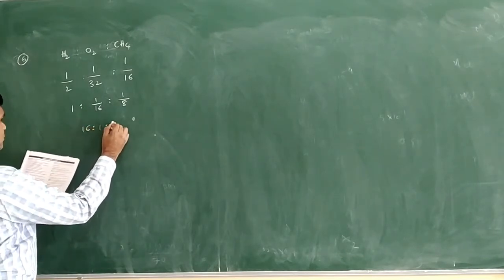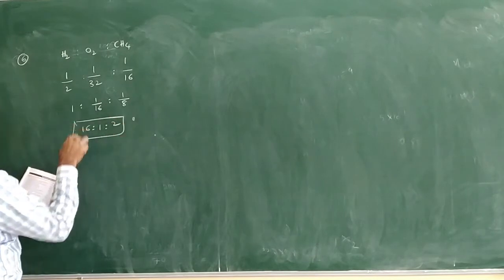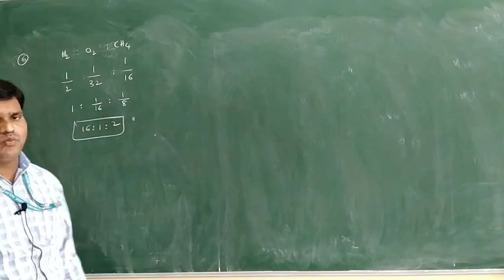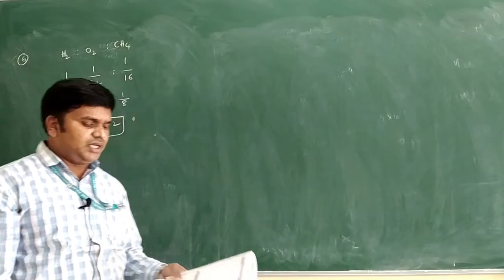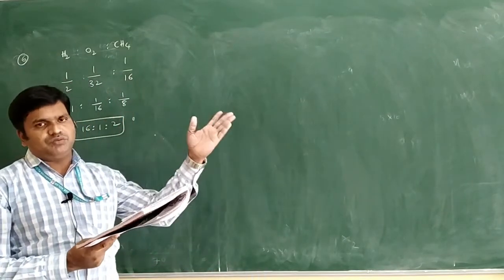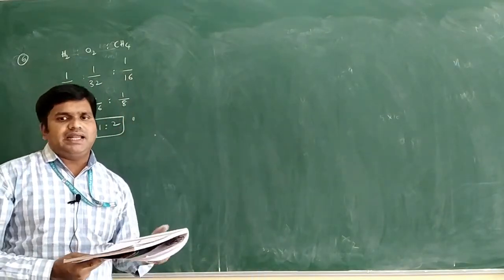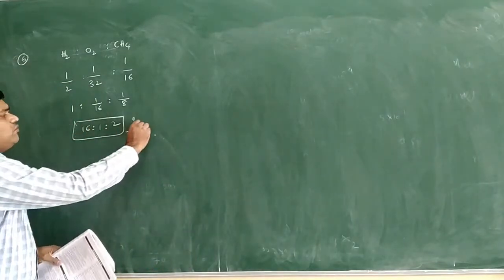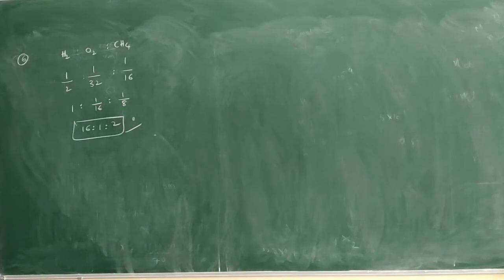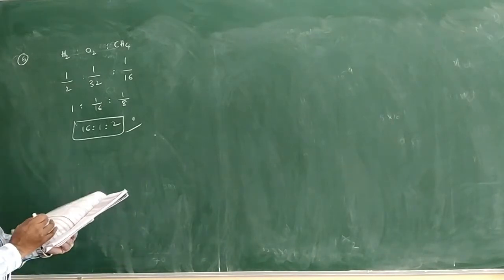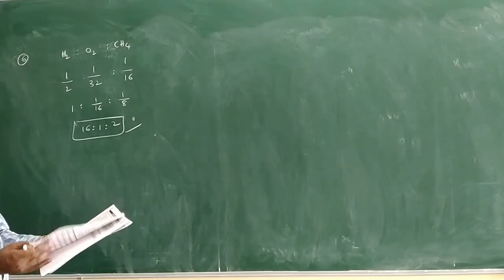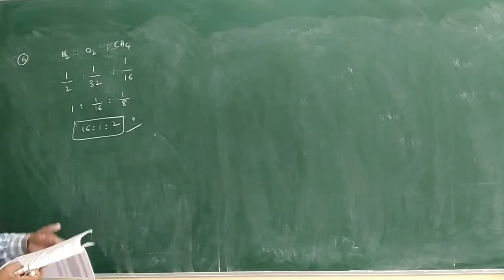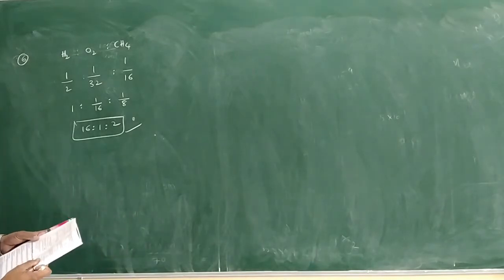Then what will you get here? 16 is to 1 is to 2, what ratio is this? Number of mole ratio. Number of mole ratio is equal to what here? Volume ratio only, because for the ratio of these volumes, if you apply the ideal gas equation, PV is equal to nRT, or you can directly do this. What volume ratio will you get? 16 is to 1 is to 2. Okay, what answer can you see? The answer is 3 for this question only. Directly I am taking the mole ratio only.